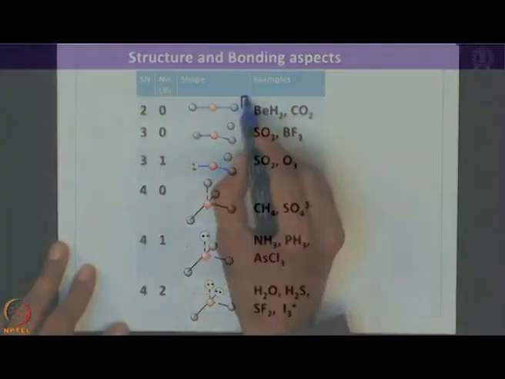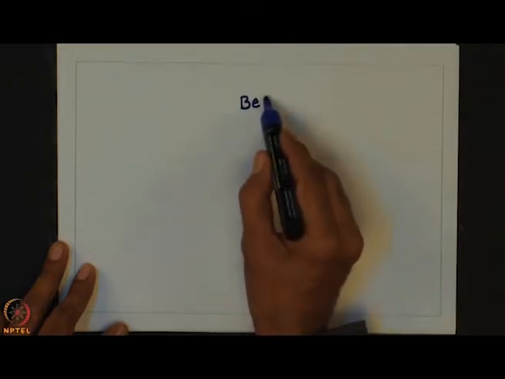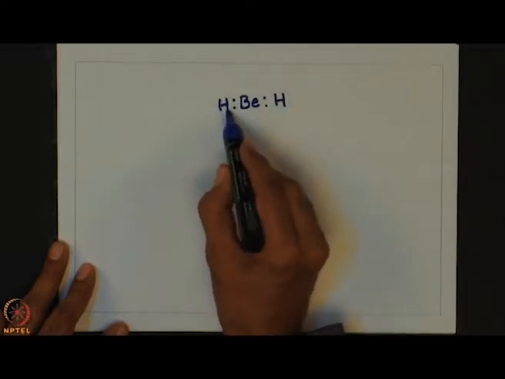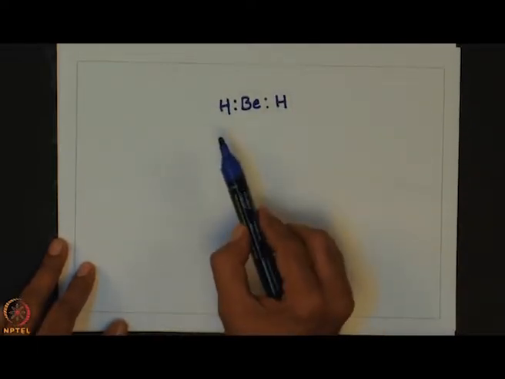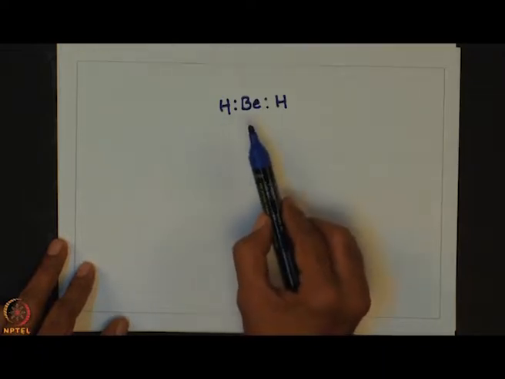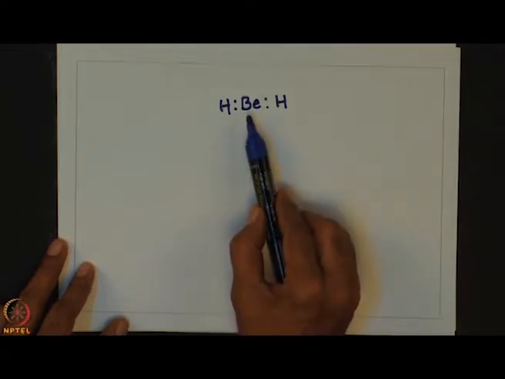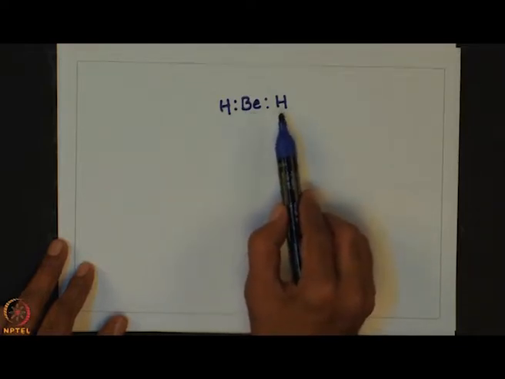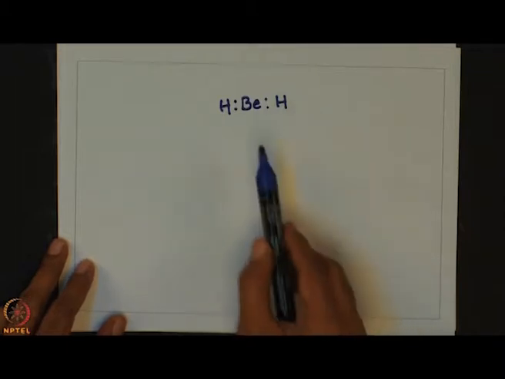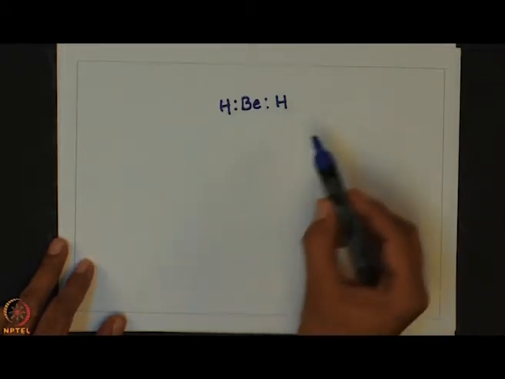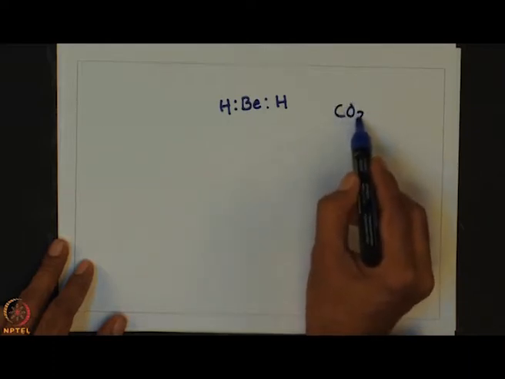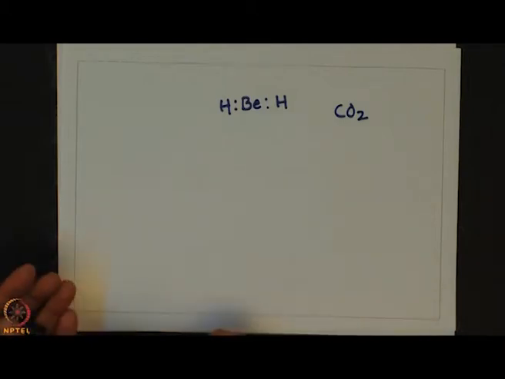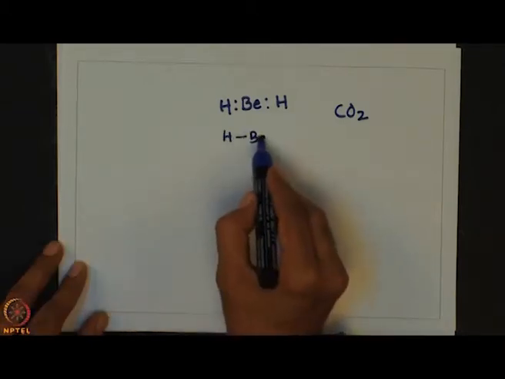In case of beryllium, we have 2 electrons here, coming from 1 electron each. So, that means essentially 1 electron from hydrogen will combine with 1 electron from beryllium to form a covalent bond. Similarly, another electron from beryllium will combine with hydrogen to form the BeH bond. So, a linear geometry is there, and another example is CO2. One can also write it using this method. So, linear geometry will be there, or one can also write something like this.